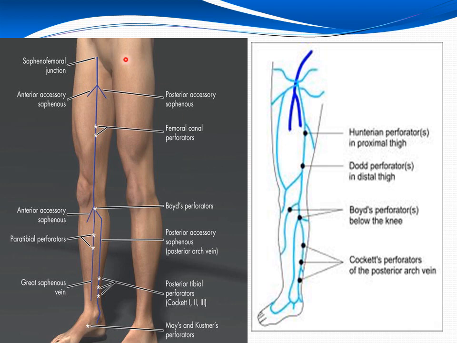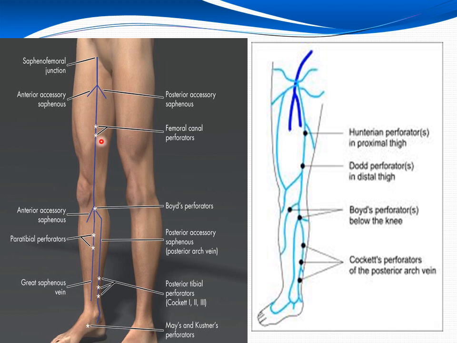So let us discuss about the positions of the perforators. First one, we have a mid-Hunter perforator. Let's say this is the mid-Hunter, the Hunterian perforator in the proximal thigh. So this is our mid-Hunter perforator. It connects great saphenous vein with the femoral vein. Okay, great saphenous vein with the femoral vein in the Hunter's canal or the adductor canal. So that is the mid-Hunter perforator or the Hunterian perforator in the proximal thigh.